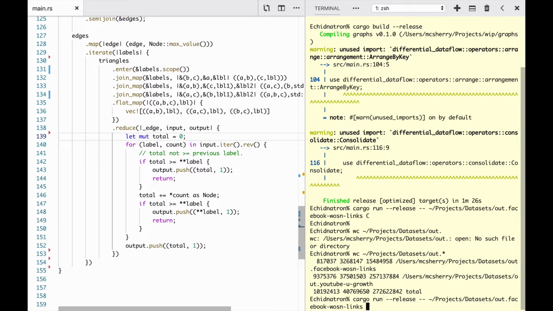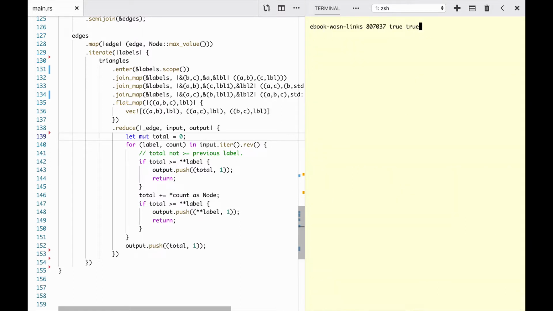Great. So we're going to do 807037 as the number of edges we want to throw in our first batch. We then want true and true. These are just things that say that, yeah, we want to see the results. We're going to put them to the screen. And we want to clobber the timestamps down to be the batch that they live in as opposed to their default timestamp. We could actually go through and produce about 800,000 distinct updates,